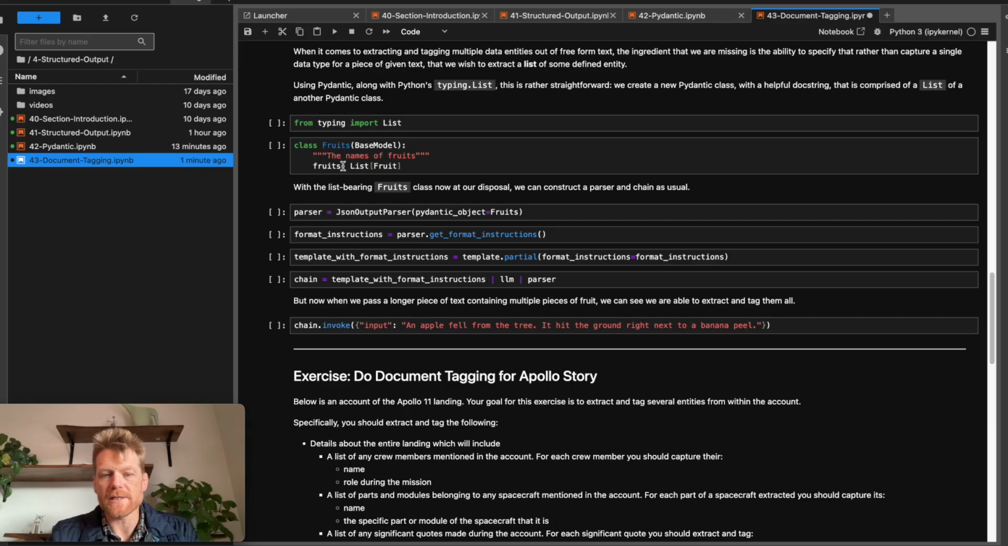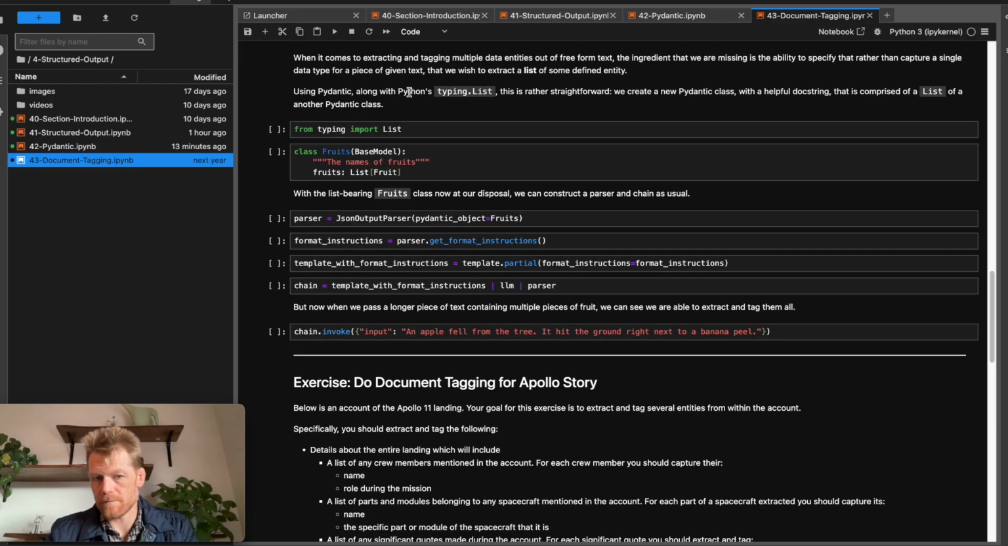But here, instead of using our field with a description, we're going to specify that it should be a list. And where did we get list from? Well, we got this from Python's built-in typing. And it should be a list of type fruit, which we have defined above. Basically, a lot of the important information is captured in the class definition for fruit above. But here we've taken it one step further and defined a new class, which is a list of another class